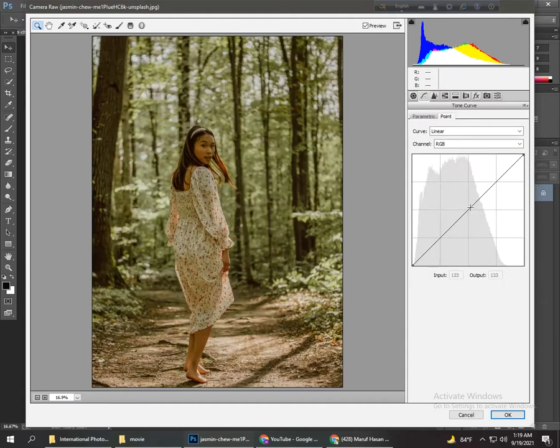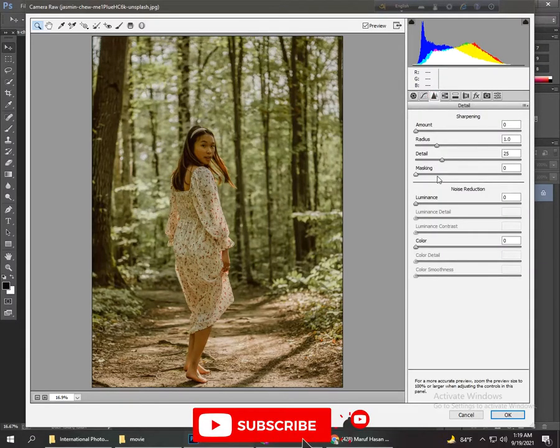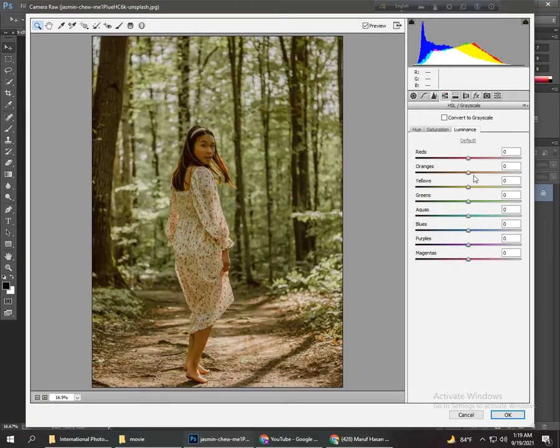And then go to the curves tool and increase some light, and then go to the sharpening and masking is full, and go to the noise reduction and luminance is 20. And then go to the color and increase some orange color luminance for face color, and then decrease the yellow color. Okay, and then decrease the green color, and now go to the saturation and decrease the